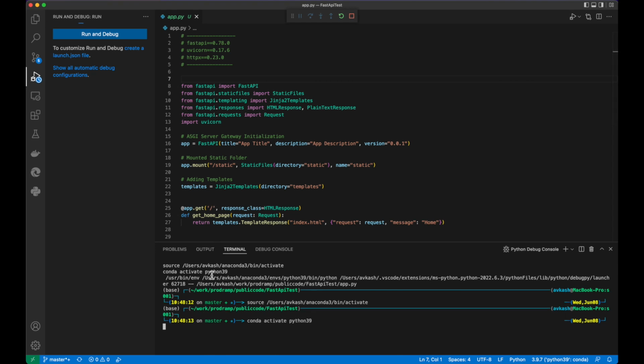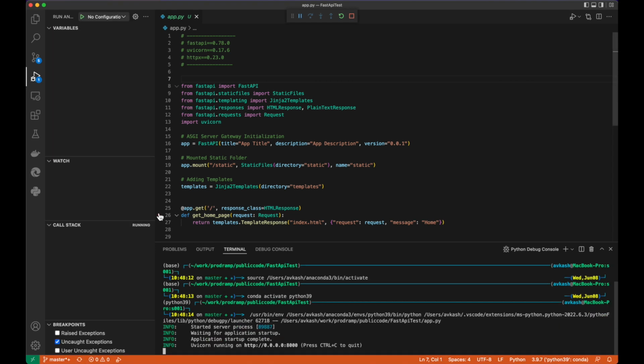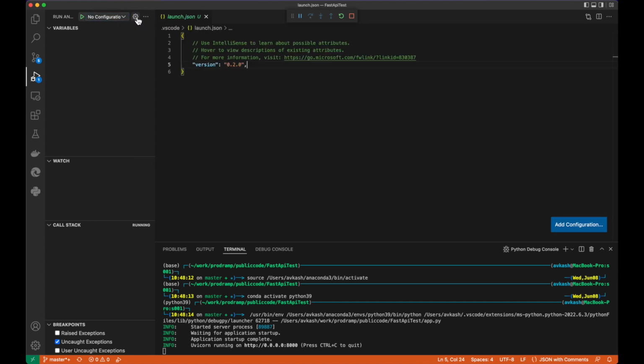So it knows what runtime we have. Based on that, a configuration file is going to be created for us. So it's a no configuration. We can select here, and as you could see, there is no configuration for us. So we could actually manually add a configuration here. So we can say the configurations, and depending on our configuration, we could create a new configuration here. So once we have configuration, we can